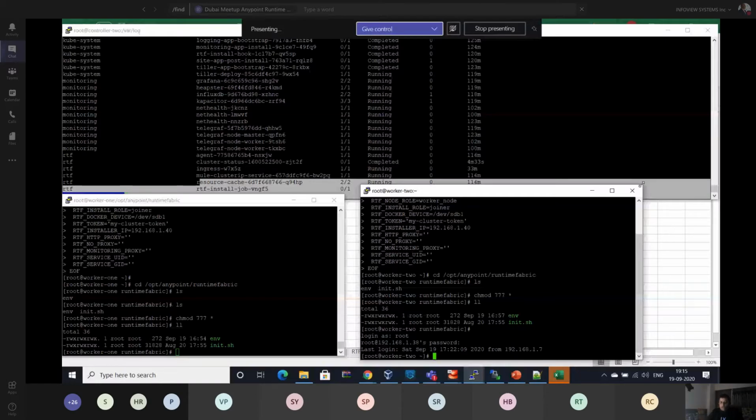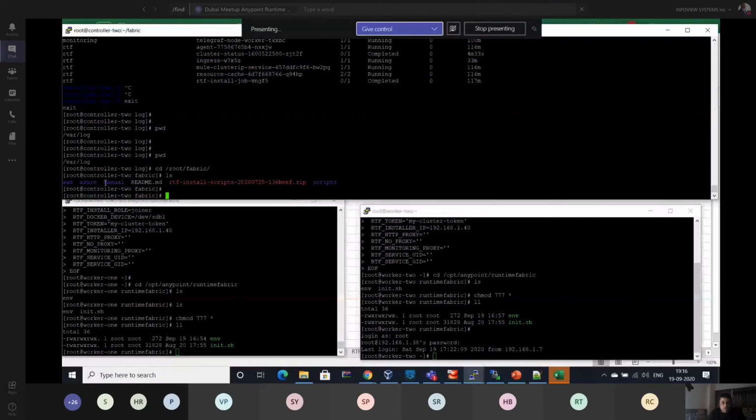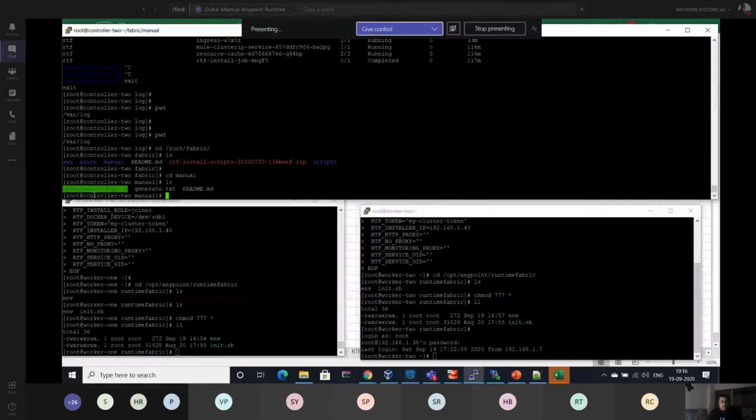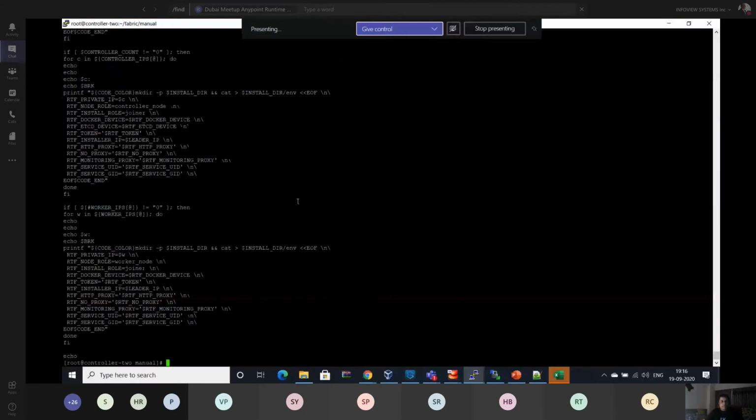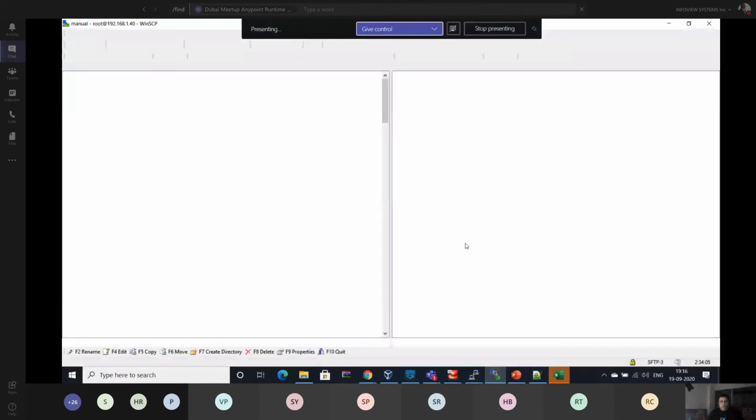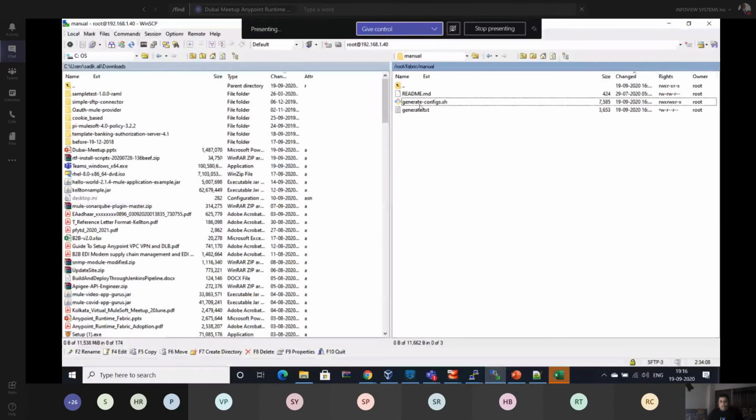Okay. And on your question, let me go through it once again, as I already explained earlier. This is a zip file. You unzip it here and you will get all this content over here: AWS, Azure, manual, and scripts. Right now I am doing manual. I have gone into the manual folder. You can see this configuration file, the access file. Just open this file. Let me open it here, maybe you can see it better.